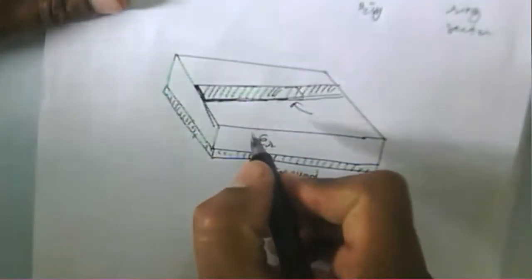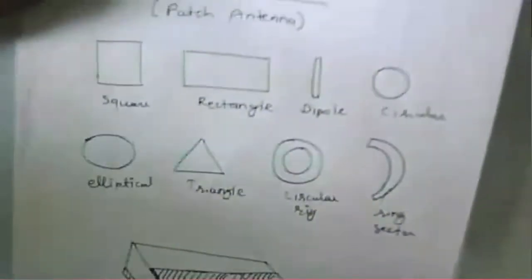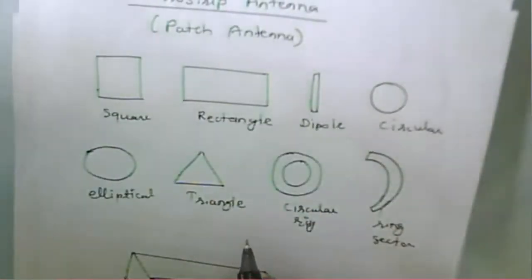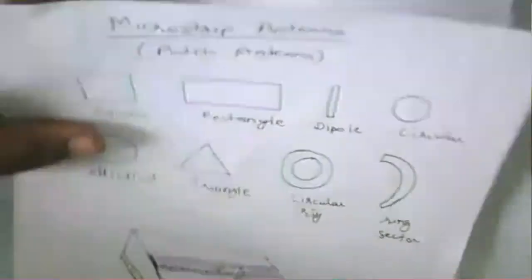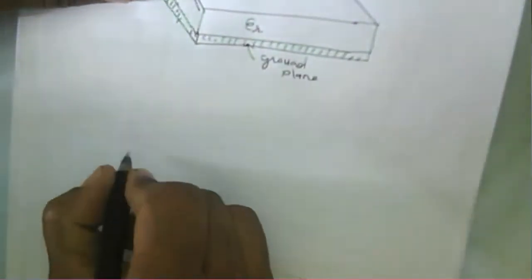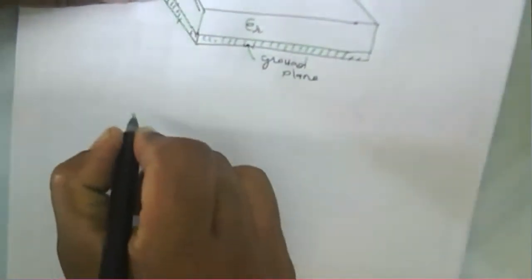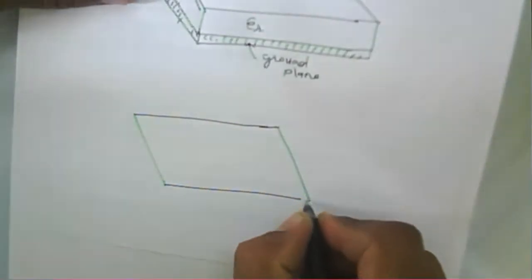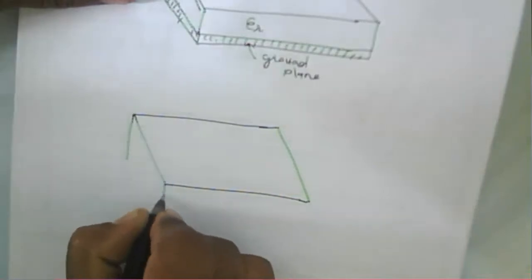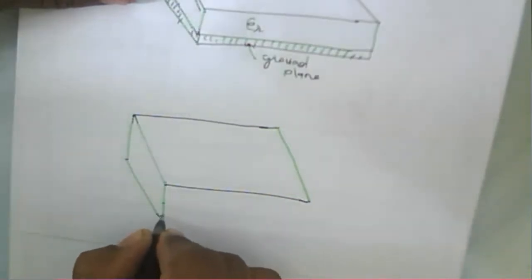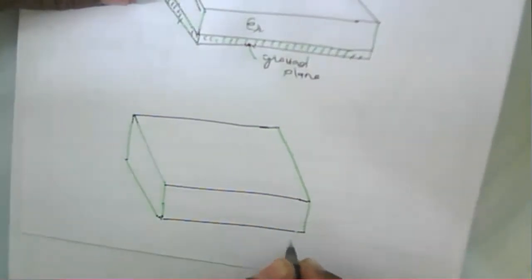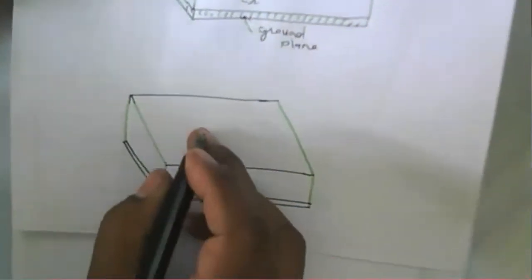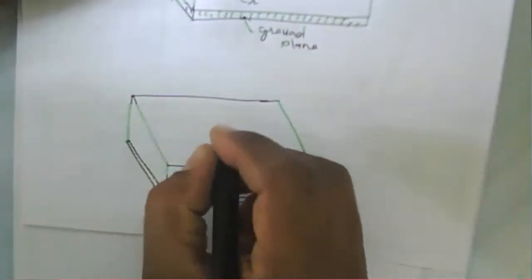So now, instead of that microstrip line, the various patches or shapes are to be designed or developed on the printed circuit board. How to develop those shapes? We have this type of PCB, a two-sided PCB, and below that there is a ground plane. Now we need to develop some particular shape.